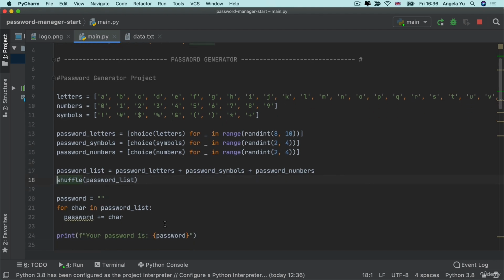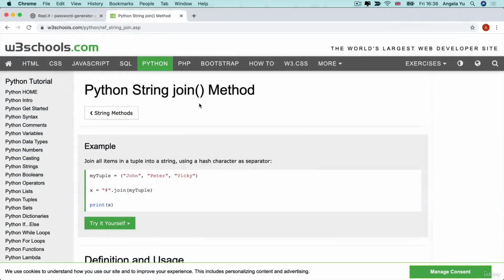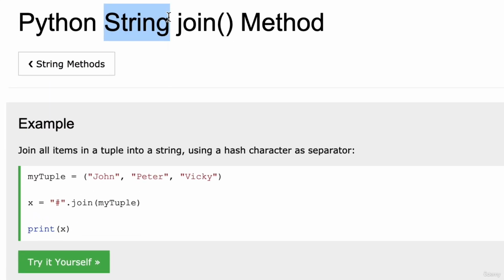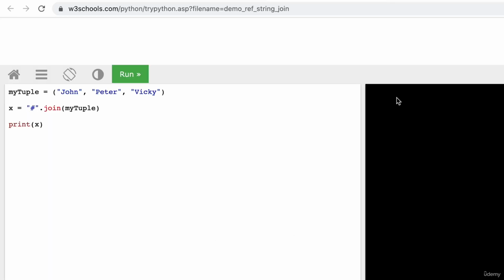Now, one last thing that I think is a good thing to point out is here we've created an empty string called password, and then for each of the characters in our list, we've basically added it to this password. Now, that's easy enough, but these 3 lines could actually be done in a more Pythonic way. In Python, there is a method called join, which is available on every single string. So you could take a string like the pound sign, and you could call the join method on it. And what it does is it will create a new string that combines all of the elements in this iterable, John, Peter, and Vicky, and it will separate them by whatever